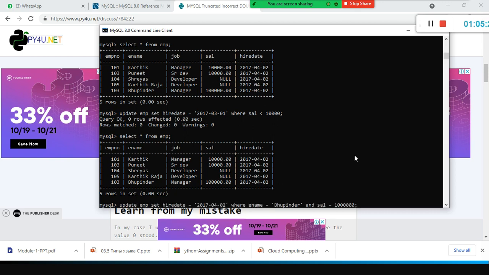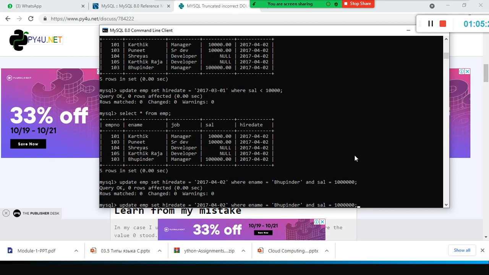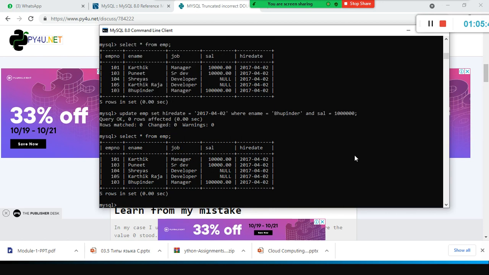Let me do one thing. Bhupinder is 27, right, and I wanted to update a different date for other employees, right? Where salary is less than 1,000, correct only, right? Hire date as 27/1. Let me do one thing. Now we will check whether it is correct. Yeah, 27/4, and we want to change it to 1st of March, where salary is less than, okay, it is not less than 10,000, right? Where salary is equivalent to 1,000.